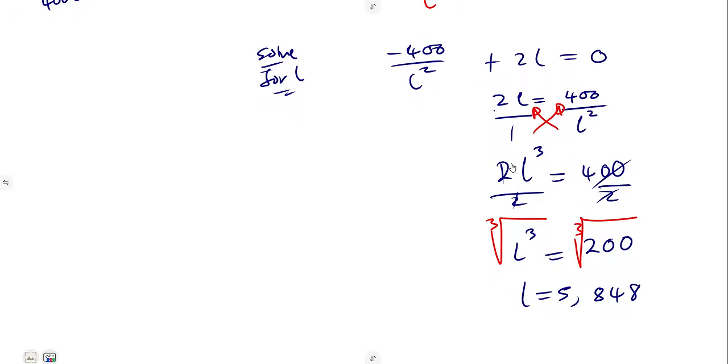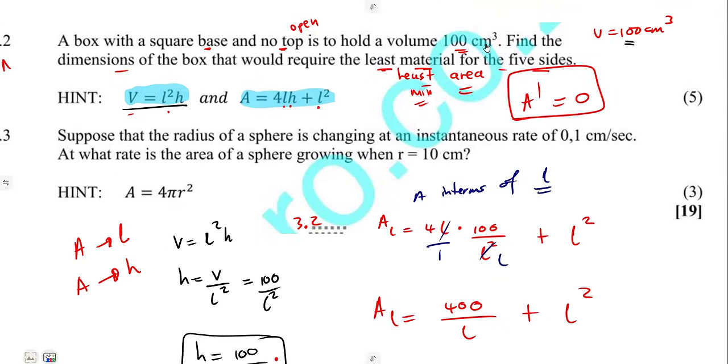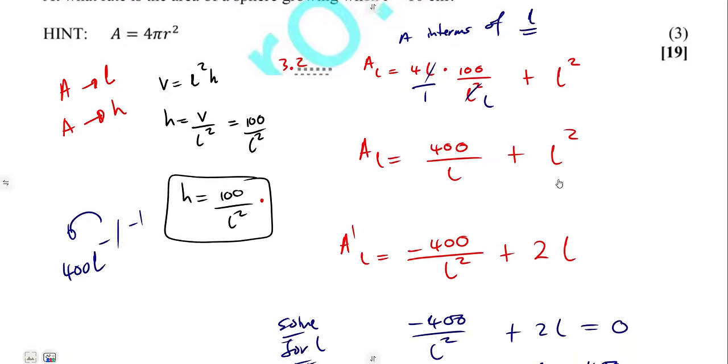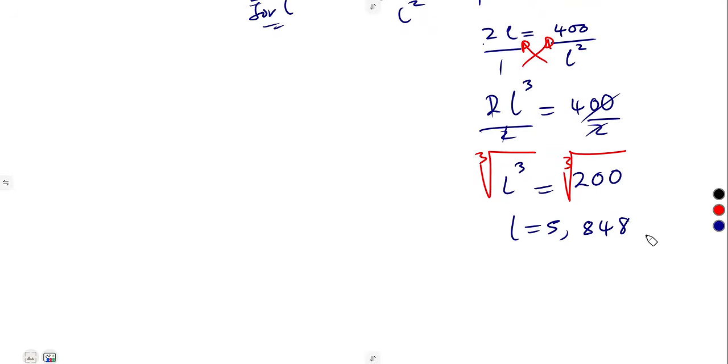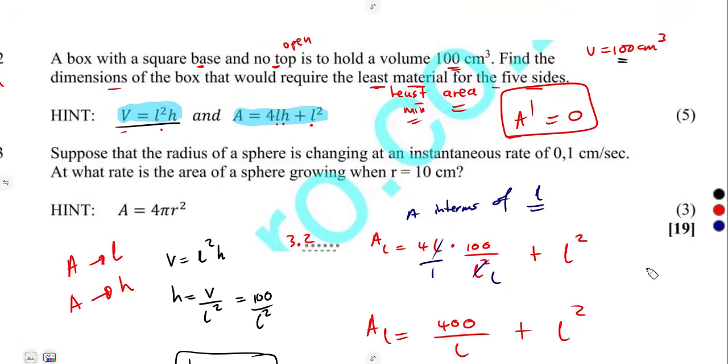5.848 in centimeters. Remember, these dimensions are given in centimeters because of what? The volume in cubic centimeters. So it means this length is in centimeters. So remember, it's a square box. So the box that we have, which is a square on the base, it's length times length. So we already have the dimensions of everything on the base, because we're told that it has a square base. So the other dimension is going to be the height of the box,